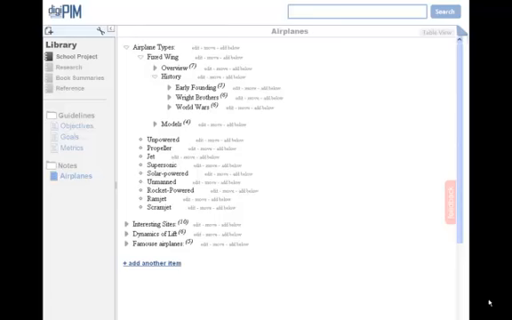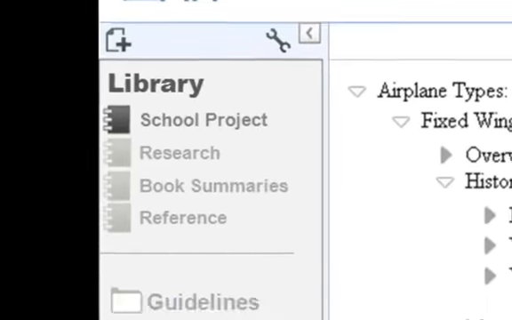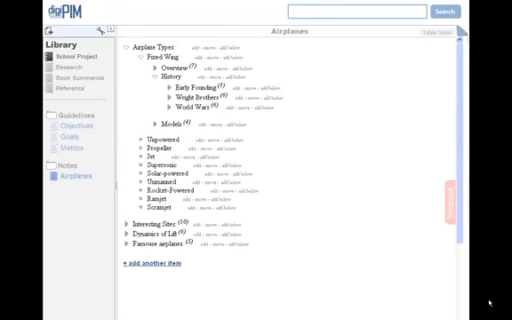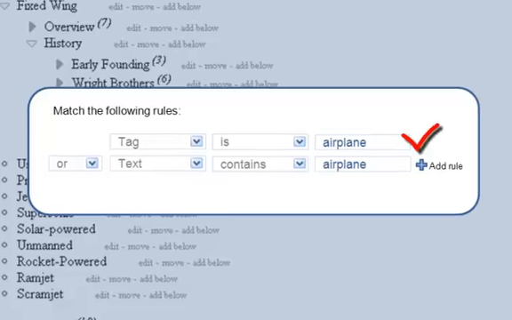Next, I want to explain one of our favorite capabilities, the ability to create what we call smart pages. Smart pages allow you to use rules to auto-populate their contents. For instance, in a school project notebook, under the Notes folder, we have a smart page called Airplanes. The page was created using 2 rules that populate with any notes tagged airplane or any notes with text containing